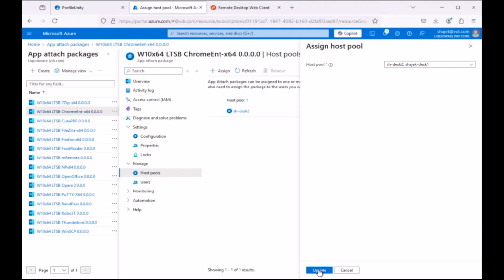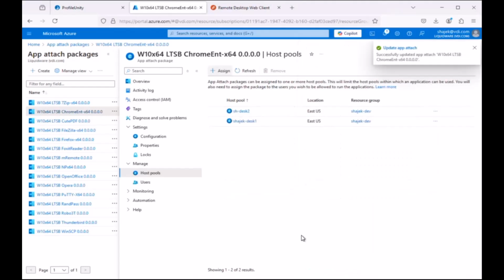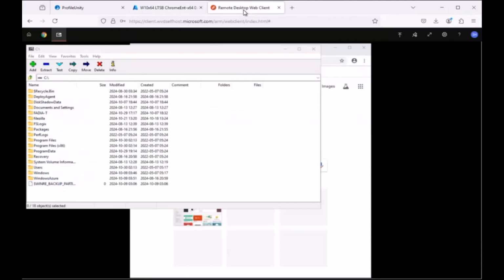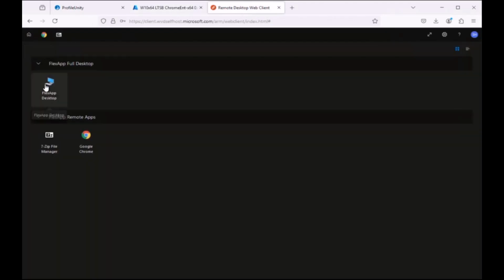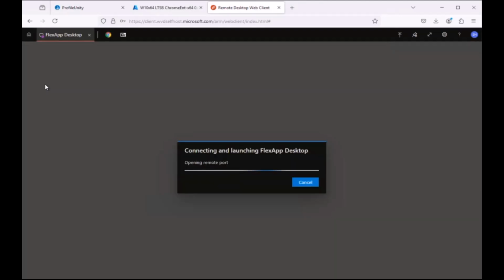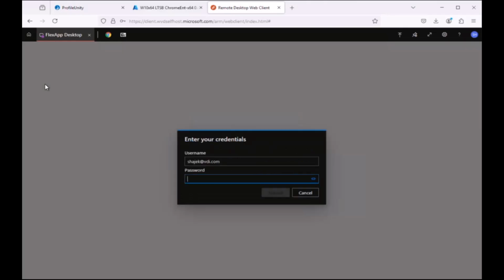All right, go ahead and click Update. Now that those are assigned, let's go back to our interface here and back to the resources. I'm going to go into my workstation, pop in my password,